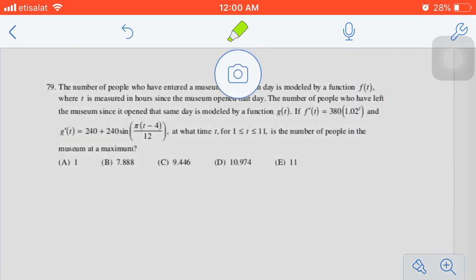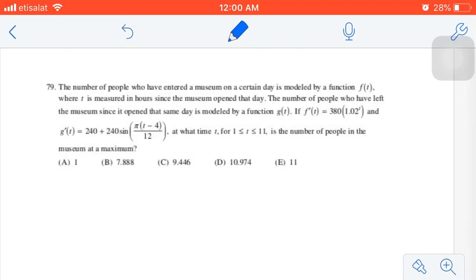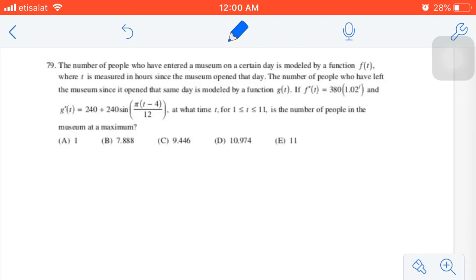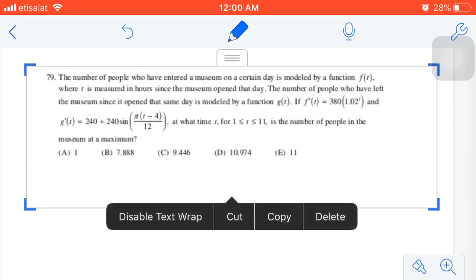First question I'll be solving is question number 79 from the 2016 AP exam. It says that the number of people who have entered the museum on a certain day is modeled by a function f of t, where t is measured in hours since the museum opened that day. The number of people who have left the museum since it opened the same day is modeled by the function g of t. If f prime